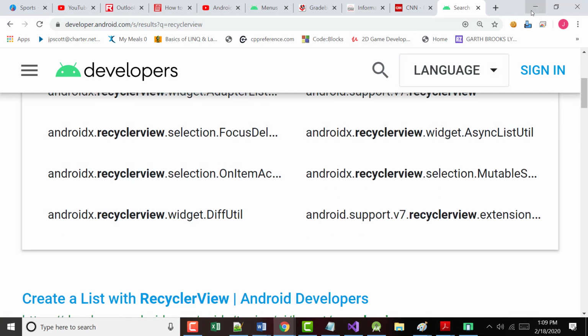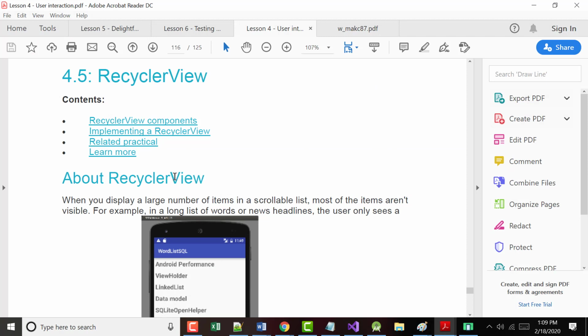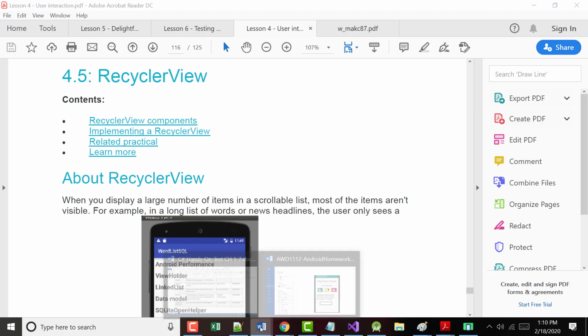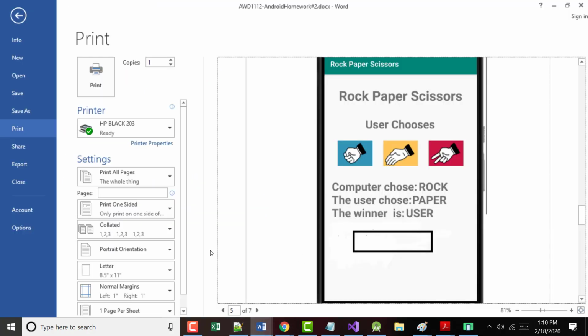Now I'm going to show you this because virtually everybody in here has got the homework done already, and I want to make sure you can do something. So let me just show you this. I'm going to give you a hard copy as soon as I get the rest of it put together. So first thing